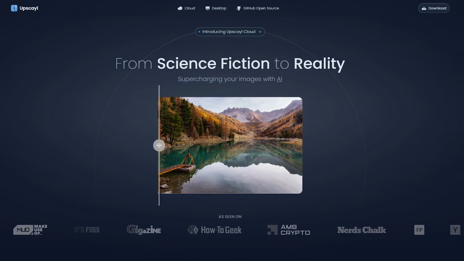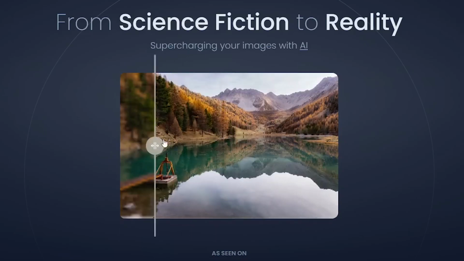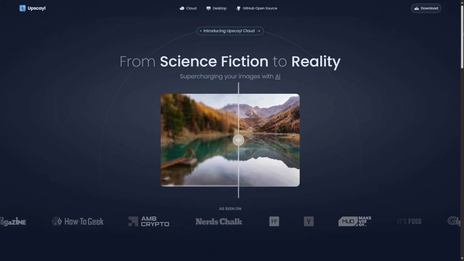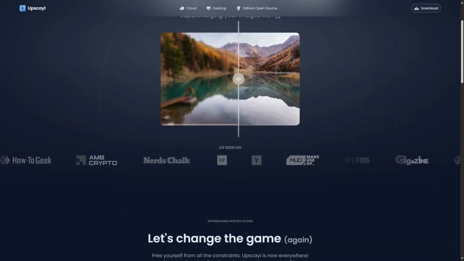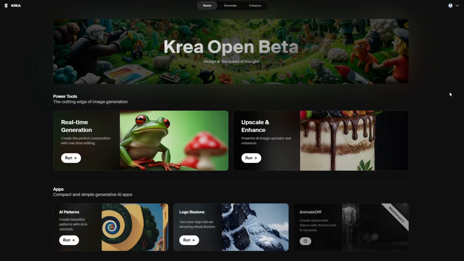First tool is Upscayl, and as you see, this tool did a great job with this low quality image. This is an application that's available for Linux, Mac, Windows, and a cloud version will be available soon. Second tool is Krea.ai. As you see, this website has lots of parts, and for now, Upscale and Enhance are free to use.